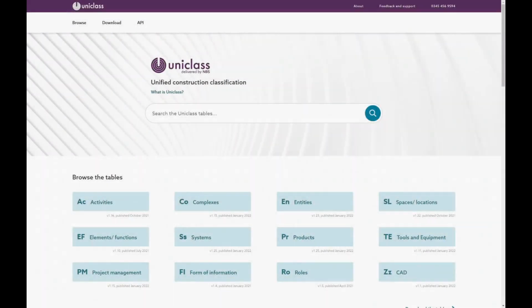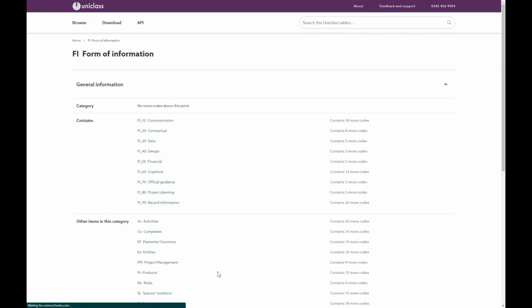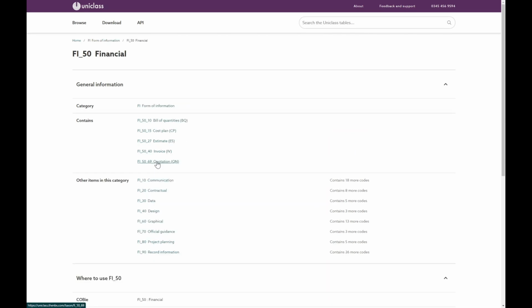Along with searching in the web tool, you can browse the Uniclass tables, like here selecting to view the form of information table to browse its content. For example, to find classifications for financial forms of information, you can click on the link for FI50 and find